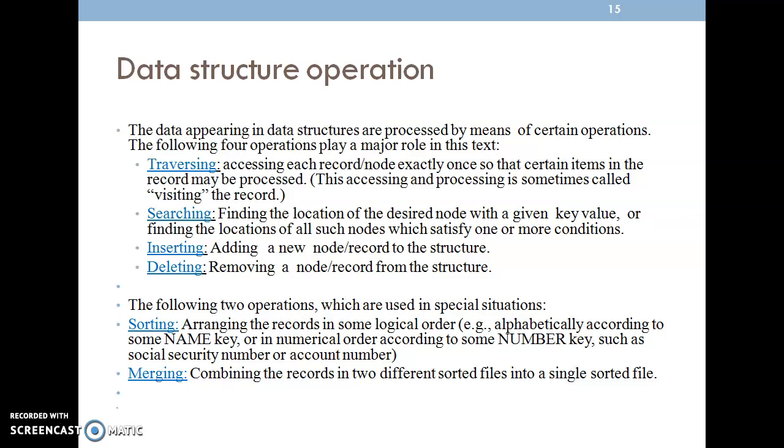Similarly, the last operation is merging: combining two or three records and storing them into a file. That becomes merging different files together into a single file. So this is the introduction regarding data structures.